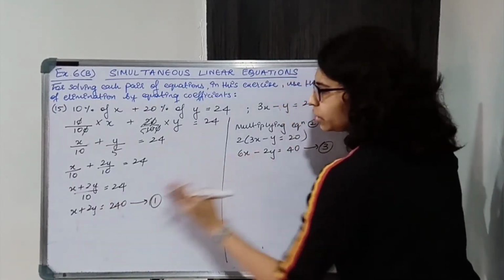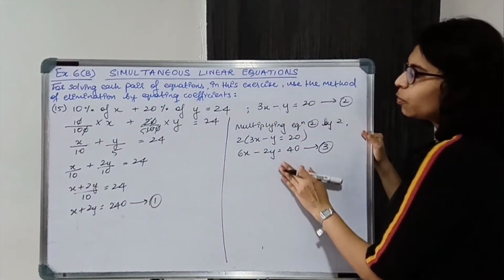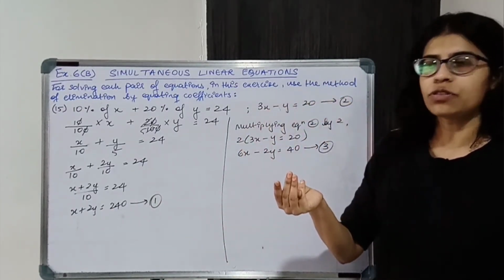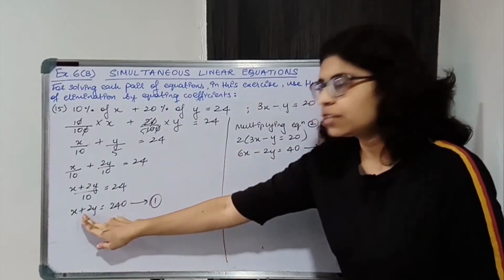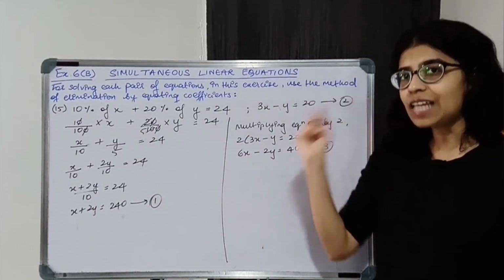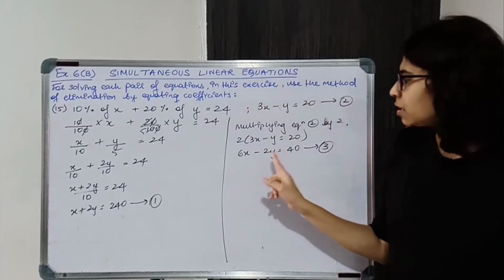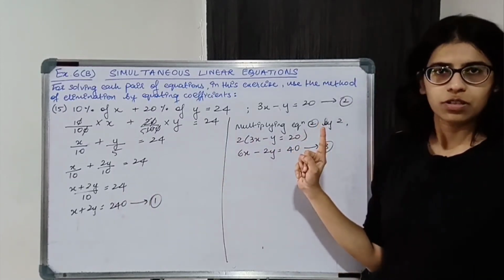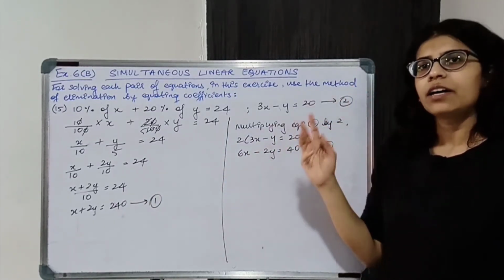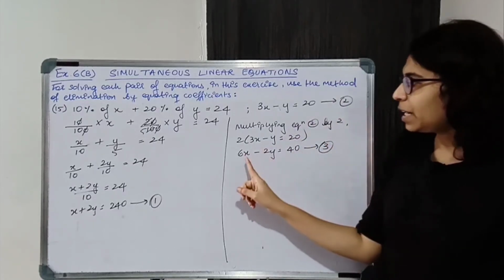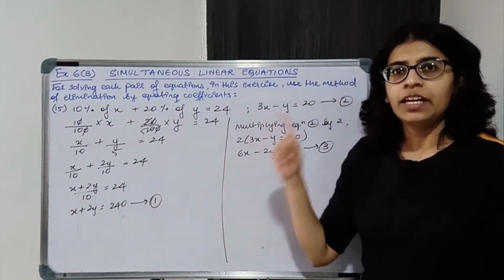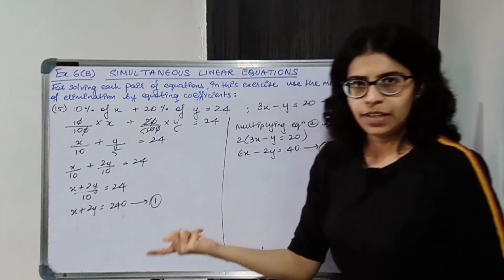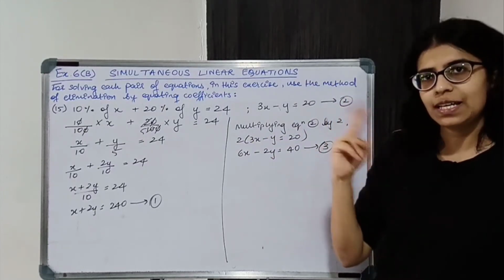Now we'll consider these two equations. We'll add the two equations. Third step, check the signs of the coefficient. If they are opposite, you will add the two equations. If they are same, you will subtract the two equations. Here I have minus 2, here I have plus 2. So I just need to add the two equations. Had the signs been same, I would subtract the equation. So if you had made the coefficient of x equal, then you would have to subtract the equations, because you would get positive x over here, here also positive x. So you would have to subtract because the sign is the same.